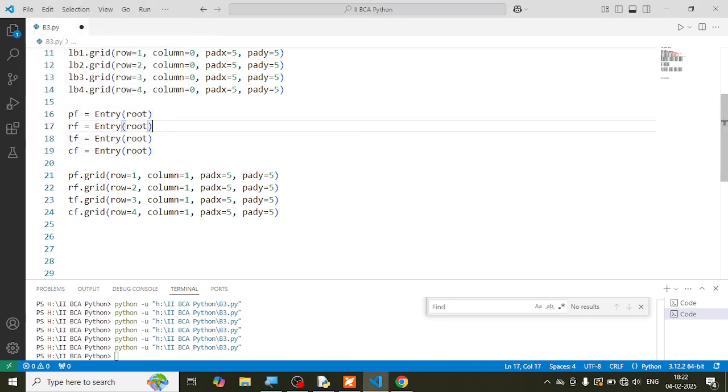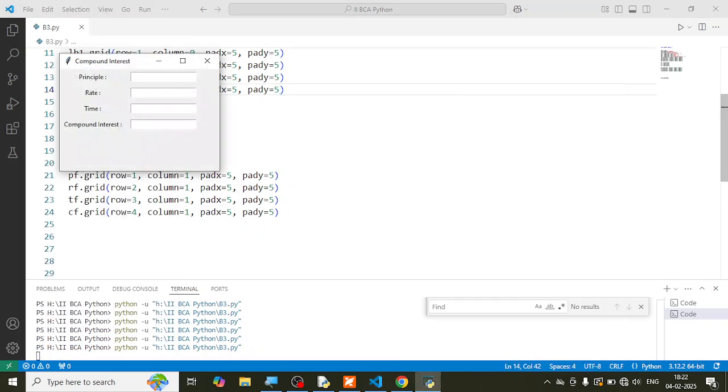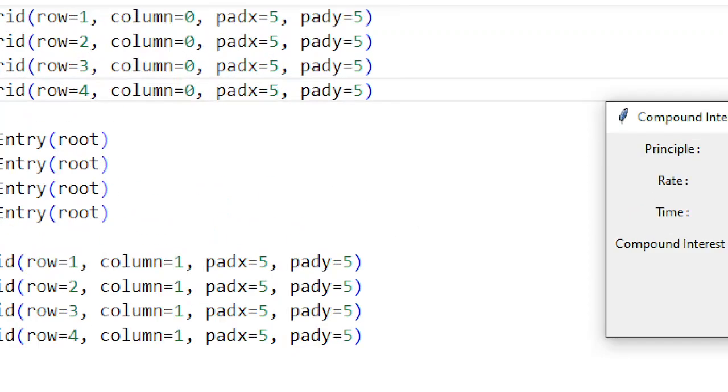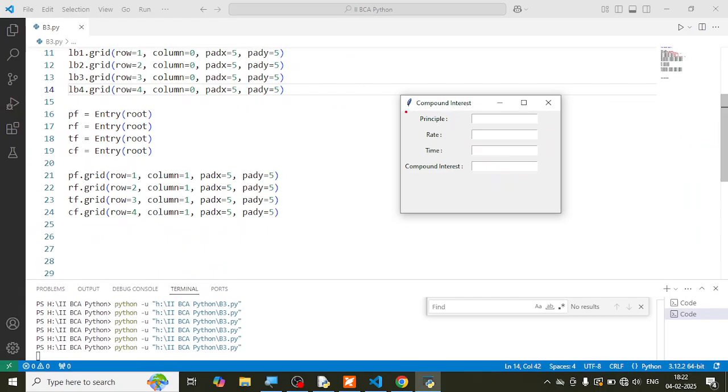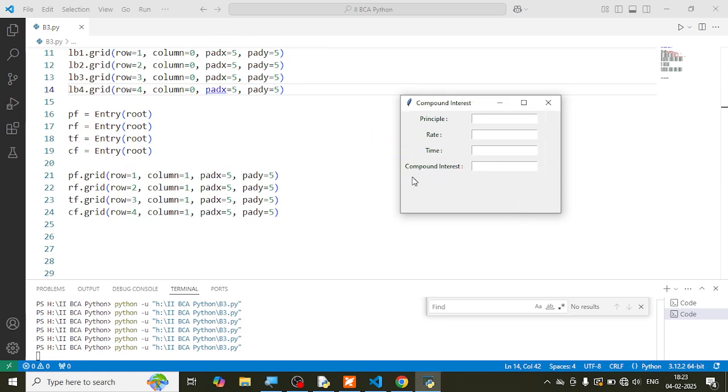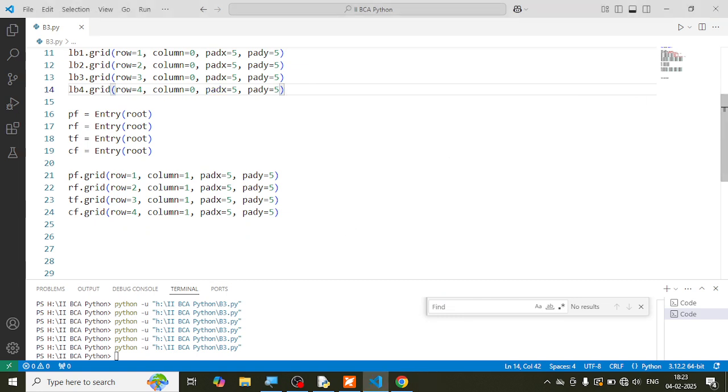Again, what is happening? I think I have not saved it. File and just save it. Then just run it. Okay, so it's done. You notice that all these things, let me show you, are in column 0. Okay, you notice all these things are in column number 1. And definitely row number 1, row number 2, 3, 4, all these are there, as usual. Okay, let's go ahead and